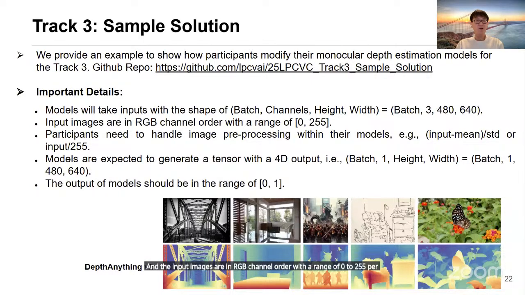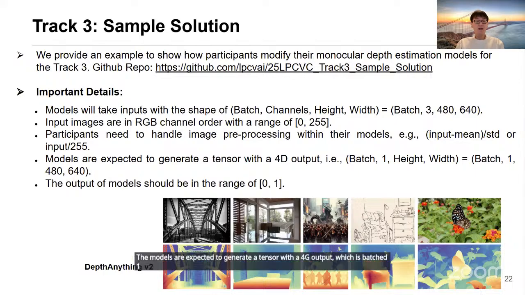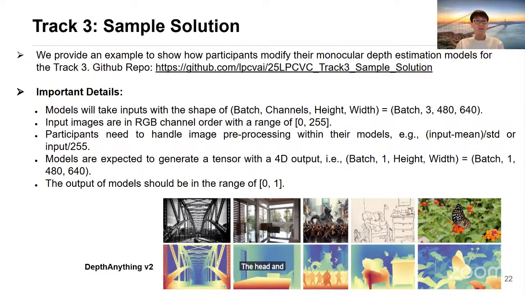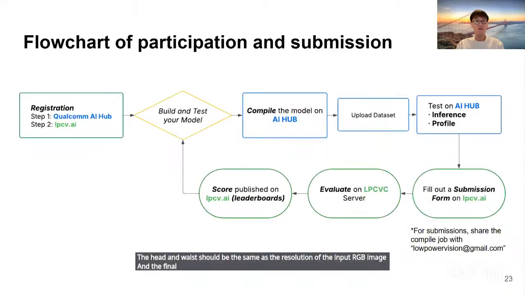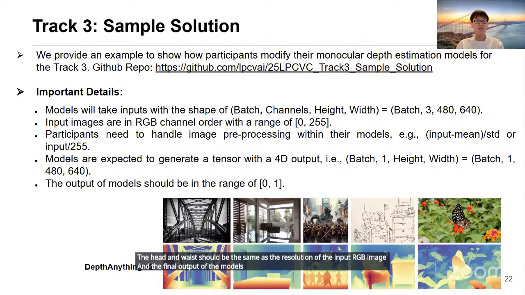Participants need to handle image pre-processing within their models, for example, the image normalization. The models are expected to generate a 4D tensor output, which is batch, 1, height, and width. The height and width should be the same as the resolution of the input RGB image. And the final output of the models should be in the range of 0 to 1 before rescaling.